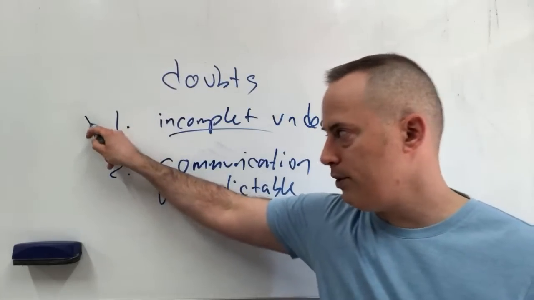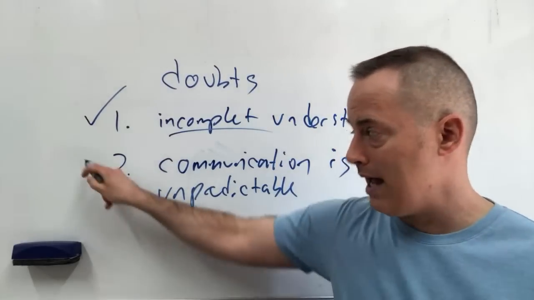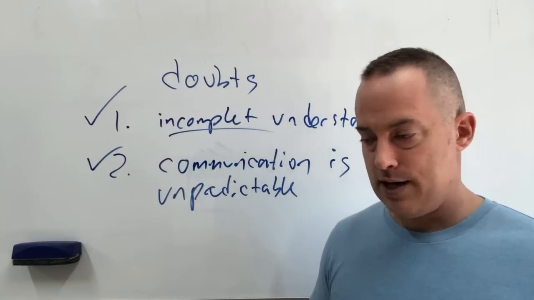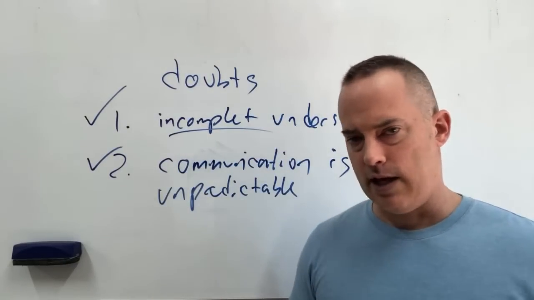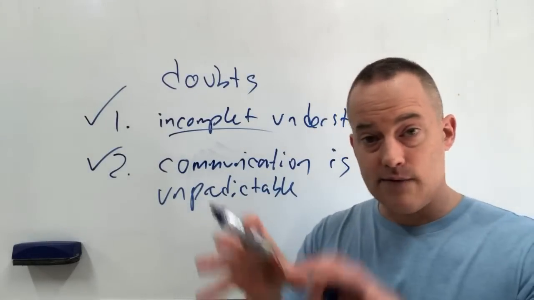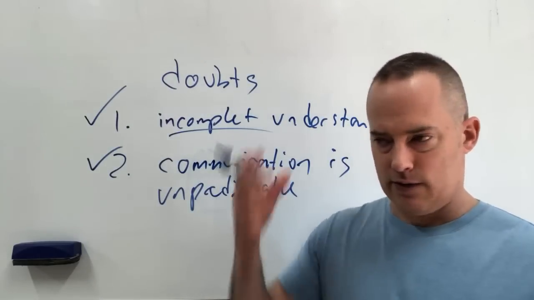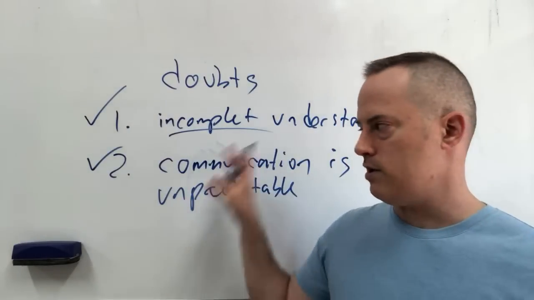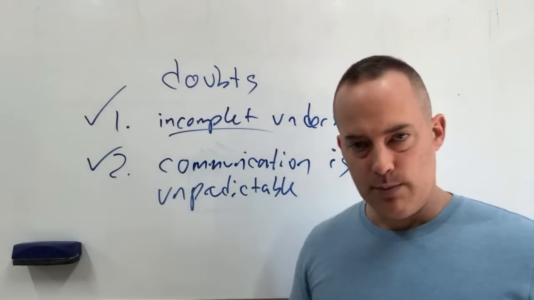So if I want to speak fluently, I have to have complete understanding. I have to understand things without a doubt. And I also have to be prepared for the unpredictability of real communication. So this is what we do in Fluent for Life. We give you complete understanding. We give you lots of examples that really help you understand things like a native. And we give you lots of examples of how natives actually connect things and how natives say the right things at the right time because they know those situations. So rather than getting a list of things or getting translations, you really need to learn in the right way that gives you that preparation for real communication.